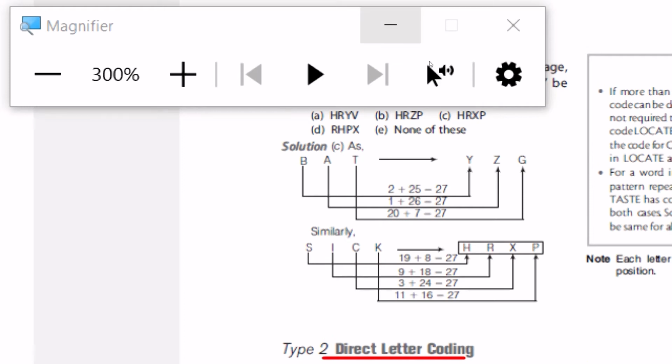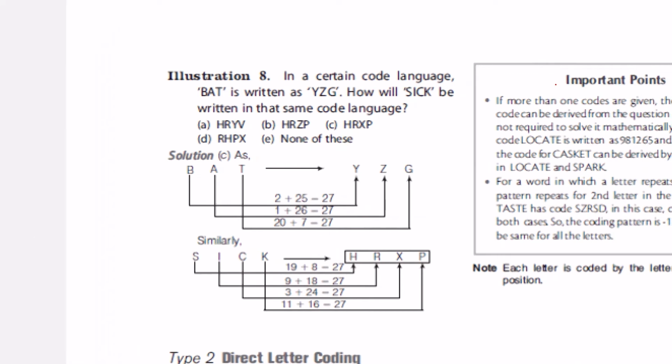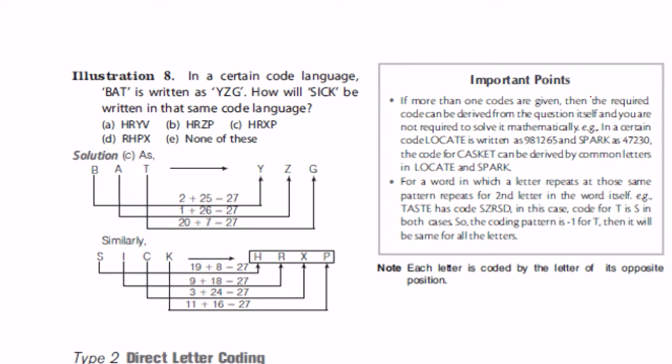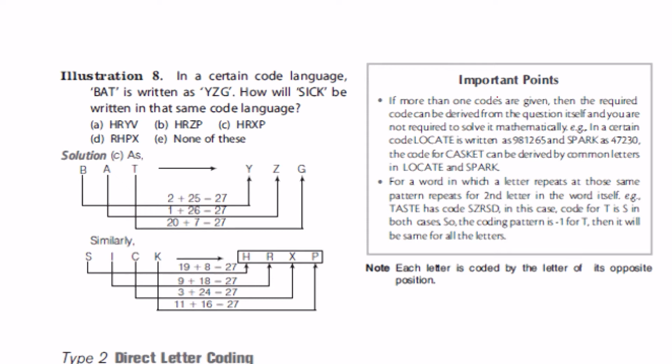And the next pattern, if we go over here, this is even a pattern. BAT and YZG, where BAT is a word and YZG is a code. So I have to decode it. So here there's one more pattern, and I have even written some important points over here. You can go through them. Just pause the video and take a glance. There's nothing much to explain in that. Okay, I hope you saw that.